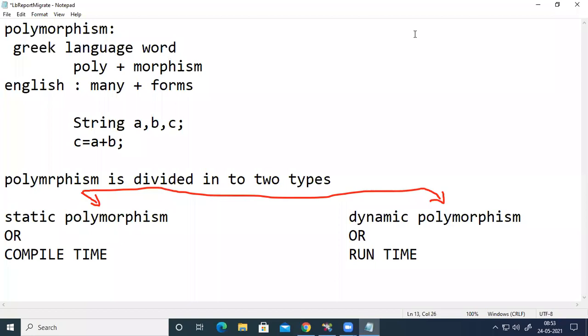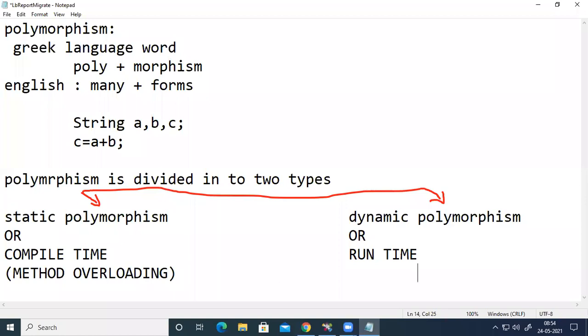So these are the two names for polymorphism, right? The example for compile time polymorphism is method overloading, and the example for dynamic polymorphism is method overriding.